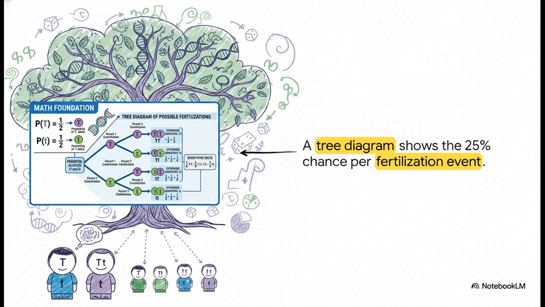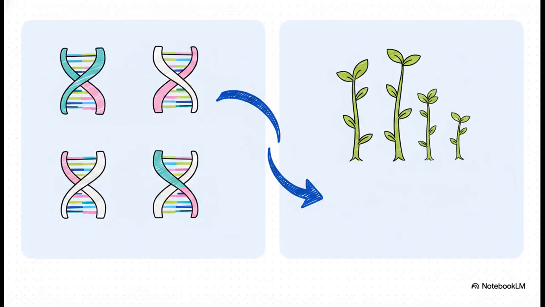So when two parents reproduce, you multiply those independent probabilities. 1/2 times 1/2 gives you a 1 in 4 or 25% chance for each specific fertilization event. Following the branches, you can see how it cleanly maps out into 4 distinct offspring possibilities. But to really grasp inheritance, we have to emphasize the crucial difference between the invisible genetic code and the visible trait it produces. The genotypic ratio, the actual underlying alleles, is 1 big T big T to 2 big T little t to 1